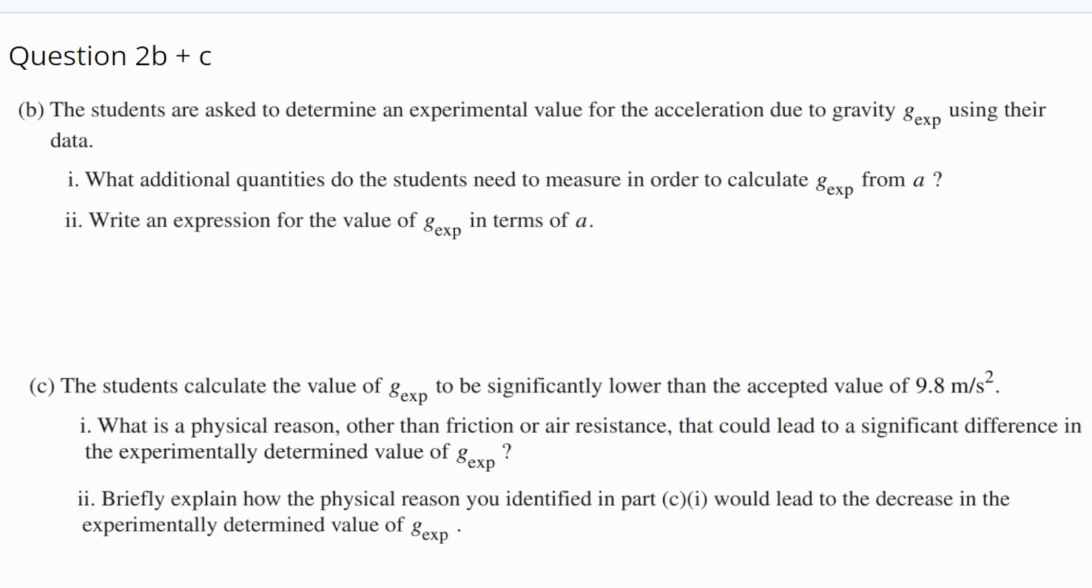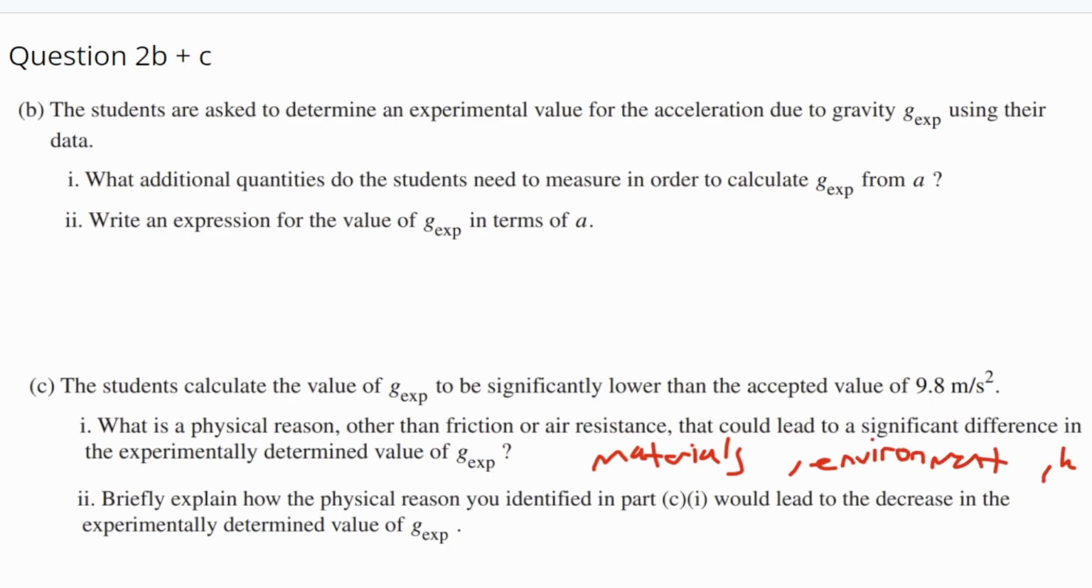The students calculate the value of g_exp to be significantly lower than the accepted value. So now we're doing error analysis. What is a physical reason other than friction or air resistance that could lead to a significant difference in the experimentally determined value of g_exp? So there's many factors that could influence this. So we have materials, environment,